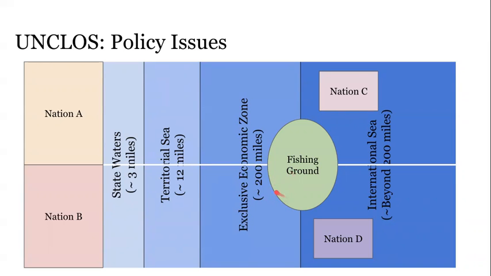I'm going to put a prohibition on fishing in order to allow the stock to rebound. Well, it's no good if the fish just simply move in these directions and nations A, C, and D are taking advantage of the resource and fishing off of the edge effects, effectively just sitting in their respective jurisdictions waiting for the fish to move over these boundary lines. And so you can see the problems there.